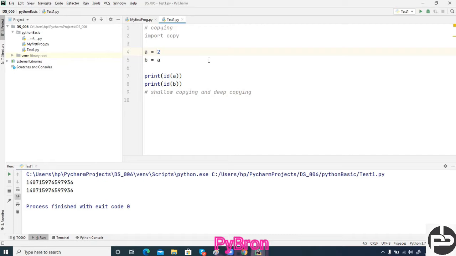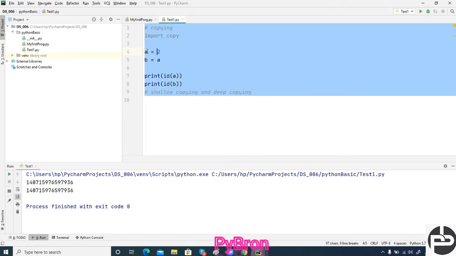Okay, so now let's discuss something like the looping concept. I'll let you know the copy concept again. I'll discuss deep copy and shallow copy once again. I guess this is a bug in Python then, because in the case of shallow copy it is taking the same memory location, and whenever I call deep copy, that time also it is taking the same memory location. So we'll see this.